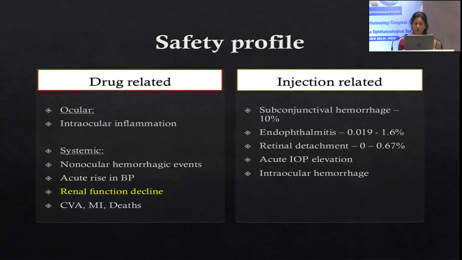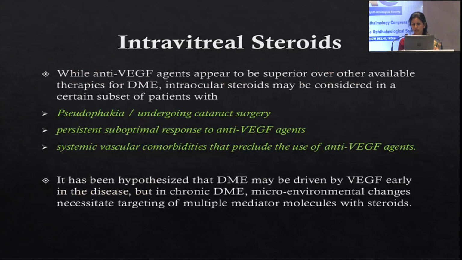Now here I want to highlight one or two things about anti-VEGF. Of late there have been many reports of anti-VEGF causing decline in renal function, which we were not talking about that much earlier, or maybe not even diagnosing. And I have in fact had patients come back from physicians with the note that anti-VEGF injection in the eye should not be given in view of the kidney parameters. So we were all taking history of MI and CVA and thromboembolic events, but the KFT is another thing we need to keep in mind.